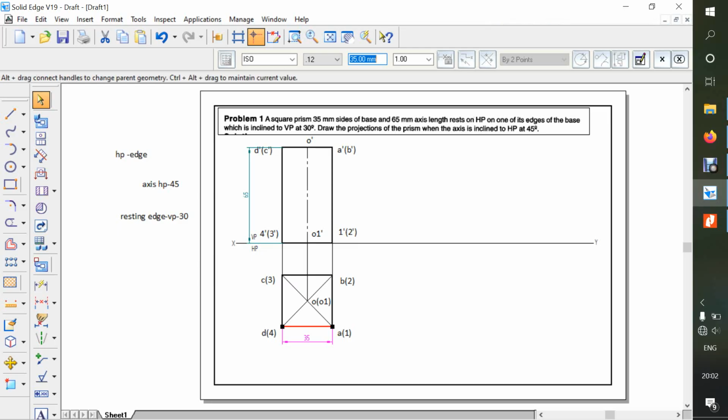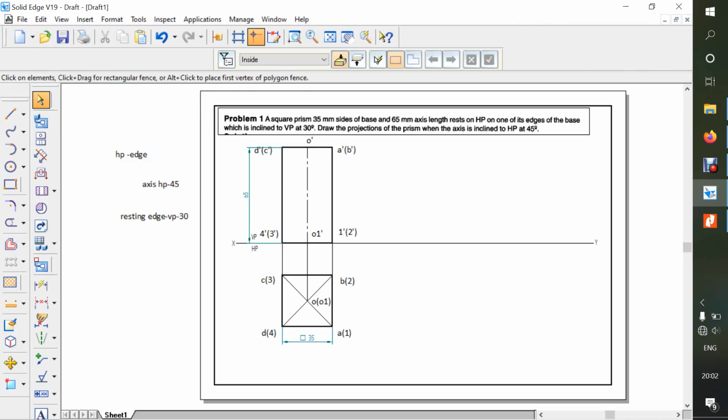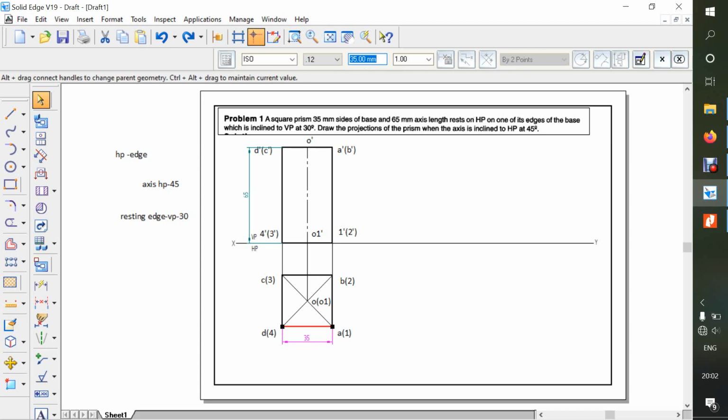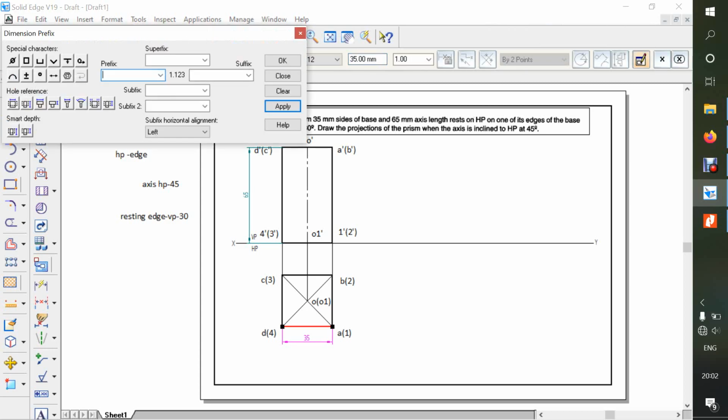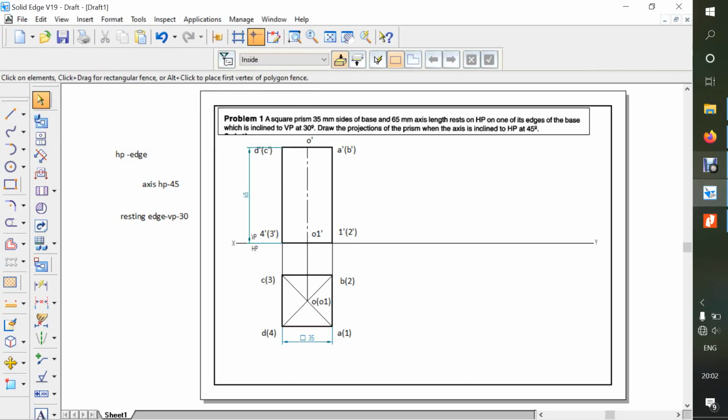First click on the dimension and go to the tool prefix, select the square symbol and click OK. So now you can see the change in the square symbol.